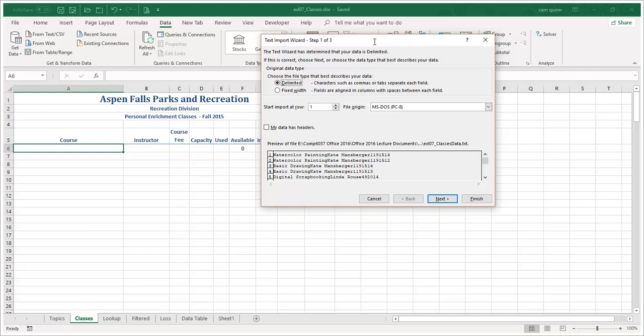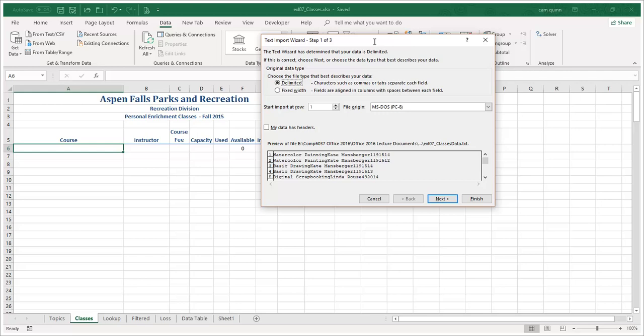One of the most common ways of sending data to other users is something called a CSV file, comma separated value file. And understand that in Excel you can open a CSV file directly into Excel. You don't have to go through the text wizard or anything along that line. It will simply open the file and it will be available to you in Excel. There are certain circumstances when you don't necessarily want to do that, and we're going to talk about that as we go through here. The primary reason would be that when you bring in a file from an external source using a